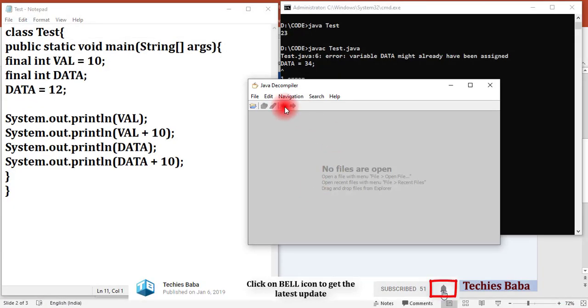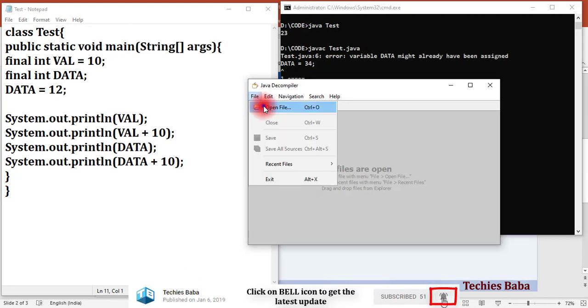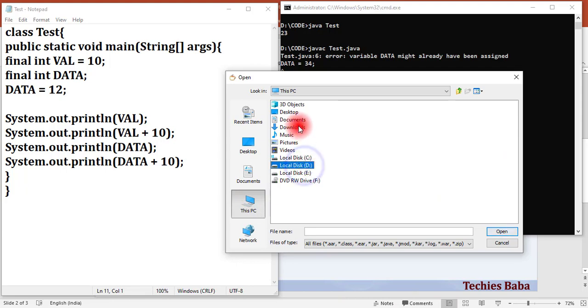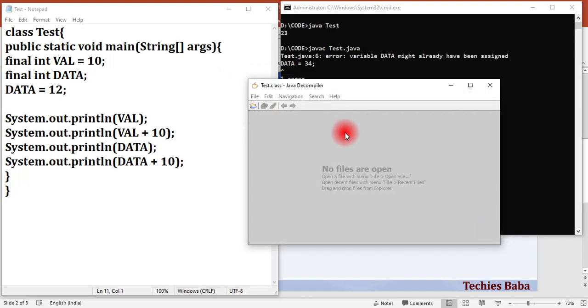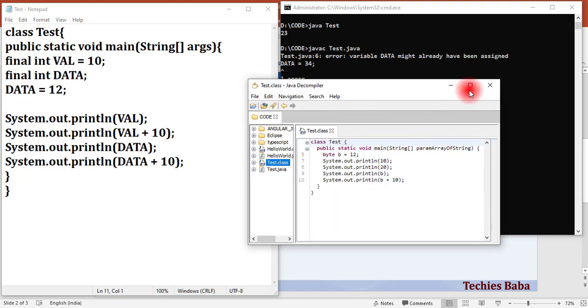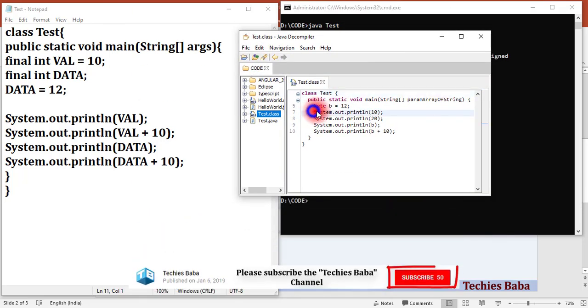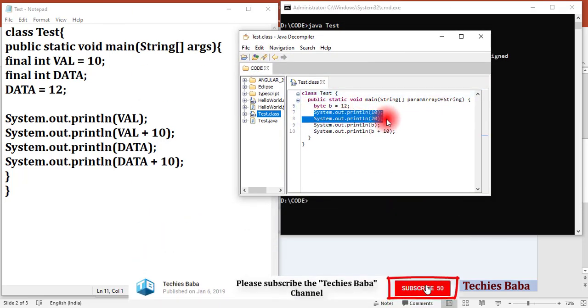I'm opening the generated .class file, that is Test.class. If you see, this is the code generated by your Java compiler. This is what we want to verify.